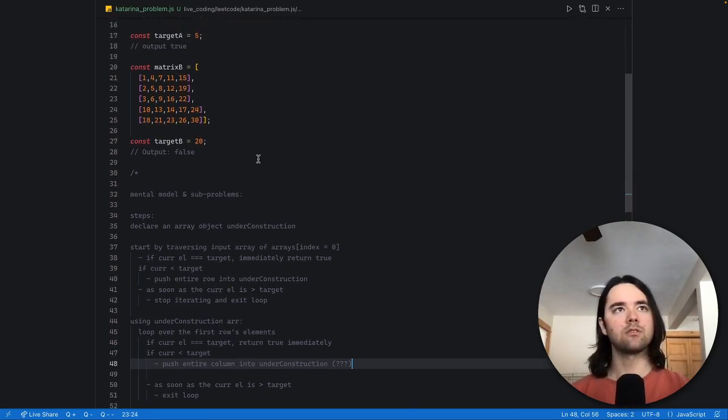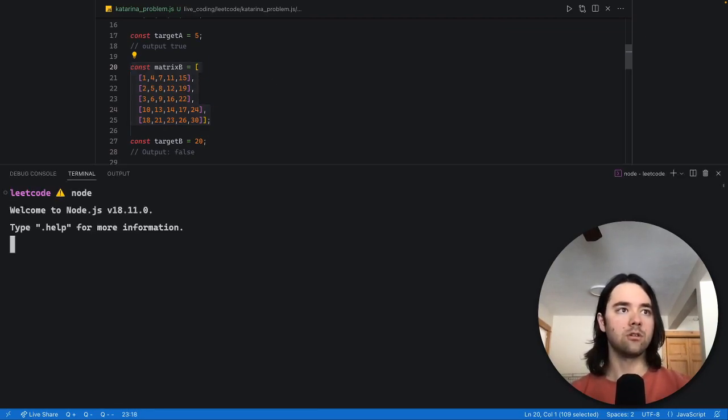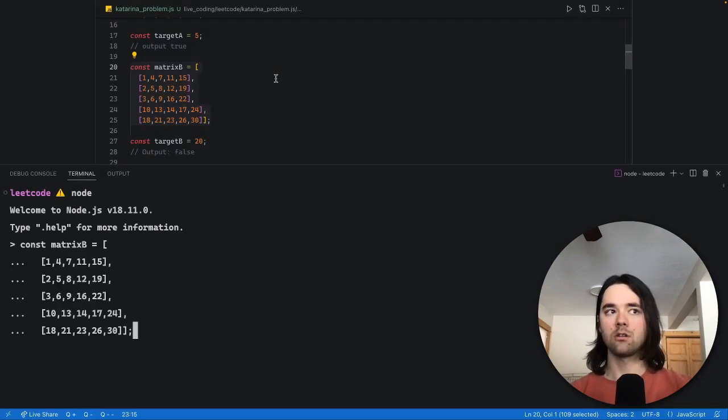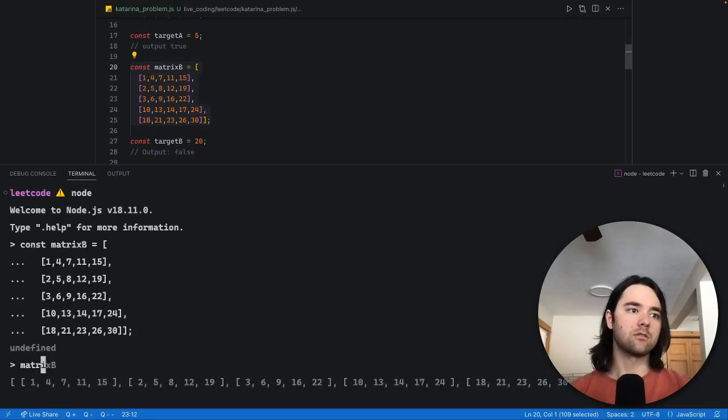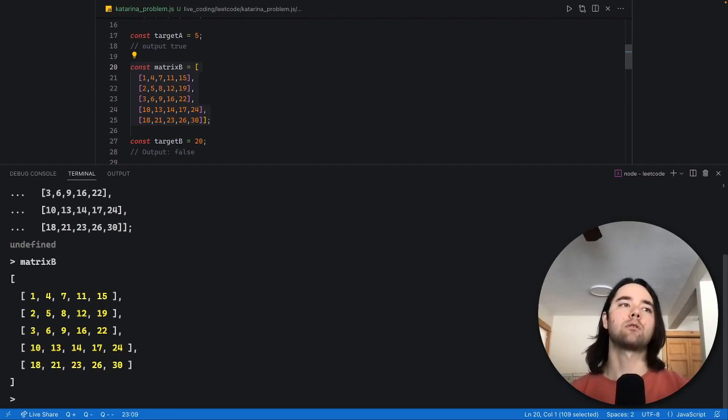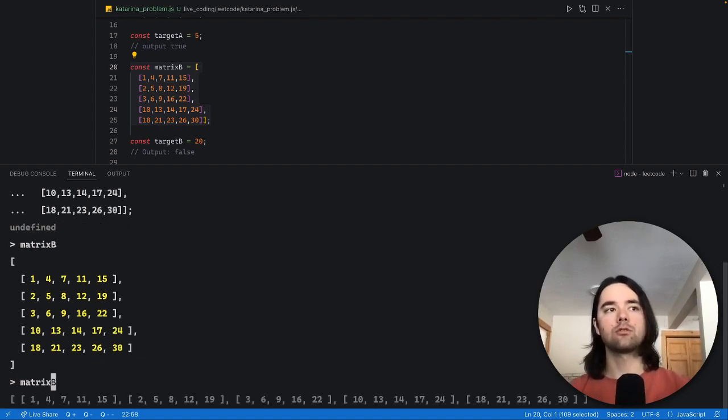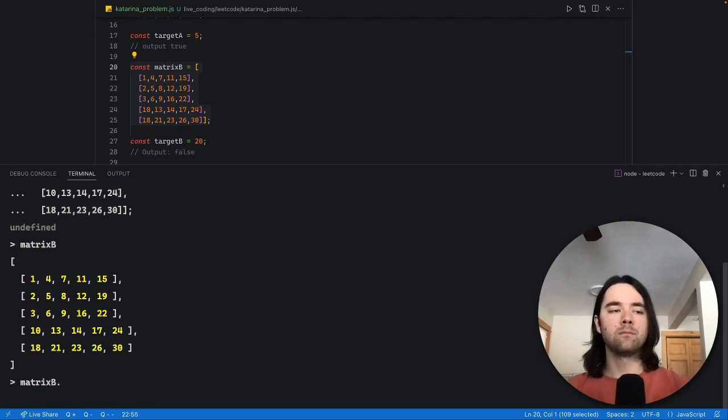Maybe let's see. I just want to grab this and play with it for a second. So let's go here, declare it. Okay, so then matrix B. It's this, right? Say we want all the elements in the first column. How would we do that? Matrix B, maybe for each, and we know we're going to have the index before this operation, say it's 1 here, so index 0. So for each